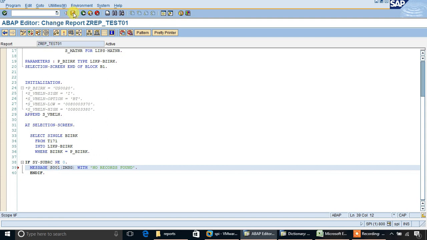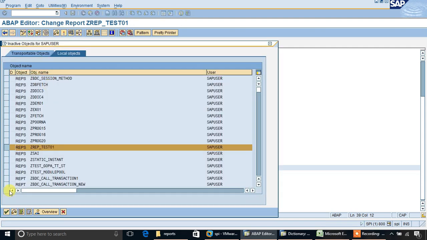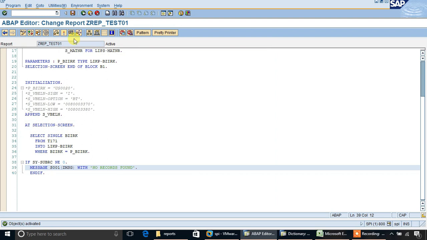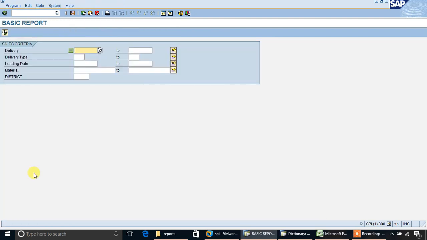For the success message type, the status bar will come.